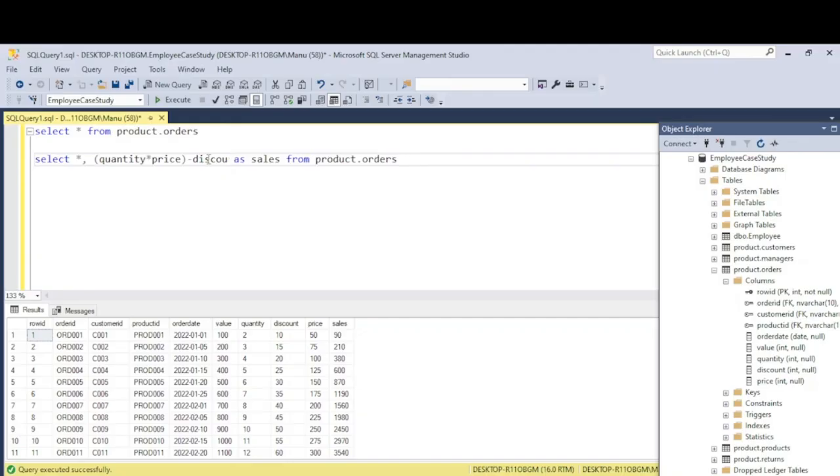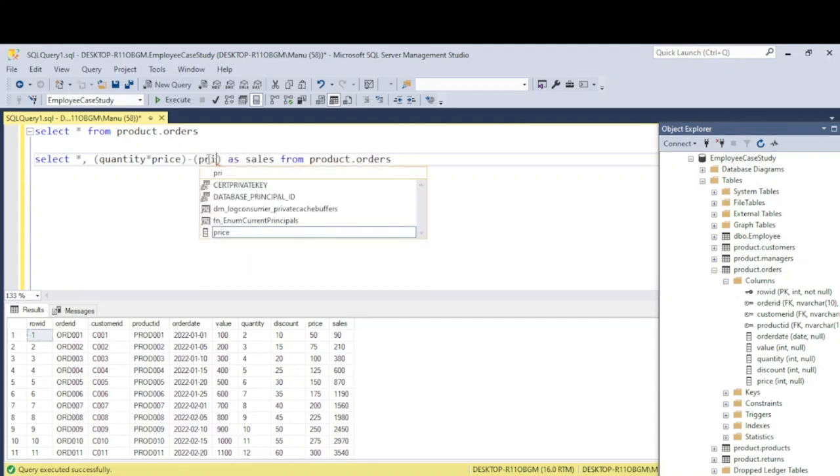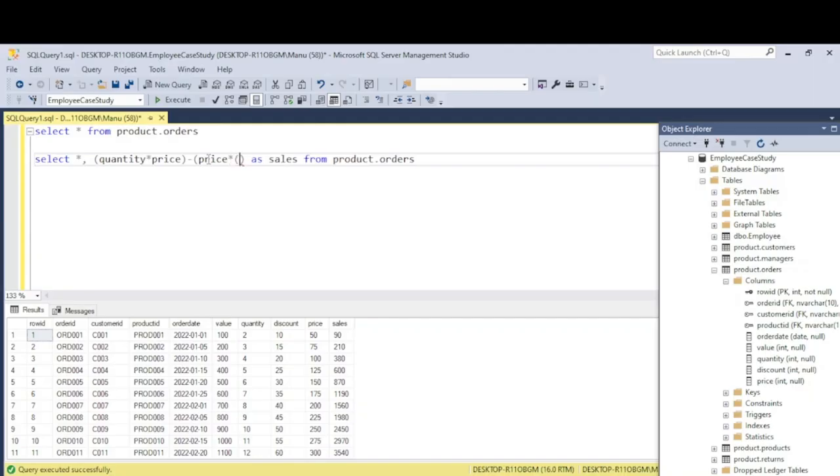So we will multiply the price by the discount, divided by 100, right? So we will get the sales over here. Now if you look over here,